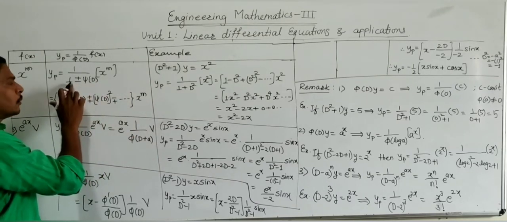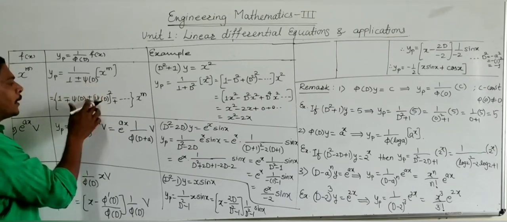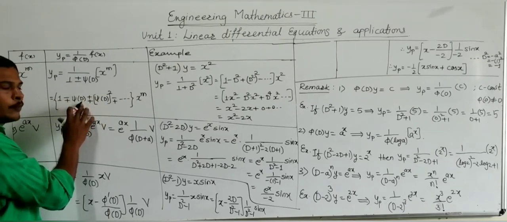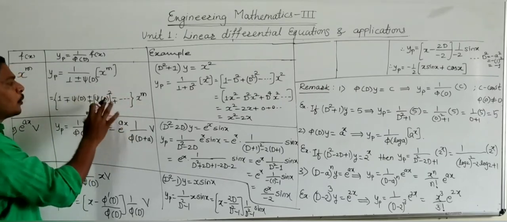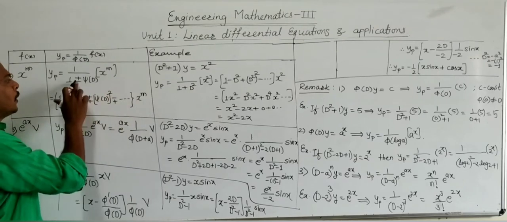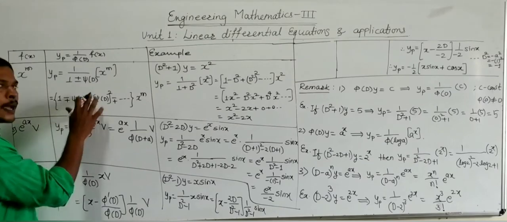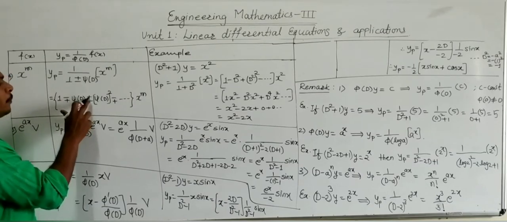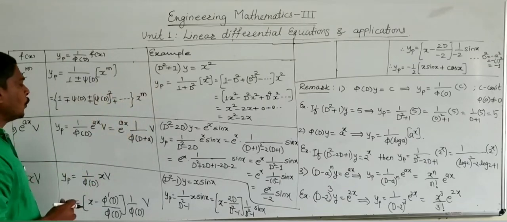I will repeat this. If 1 plus psi of d is there, with a plus sign, then take alternating plus and minus signs and start with 1. Psi of d means the total function of d, and then increase the power of this function of d by 1. So we get 1 minus psi of d plus psi of d square minus and so on. If there is a minus sign between 1 and the remaining function psi of d, then take a plus sign everywhere for each term. Then our expansion becomes 1 plus psi of d plus psi of d square plus psi of d cube plus and so on into x raised to m.